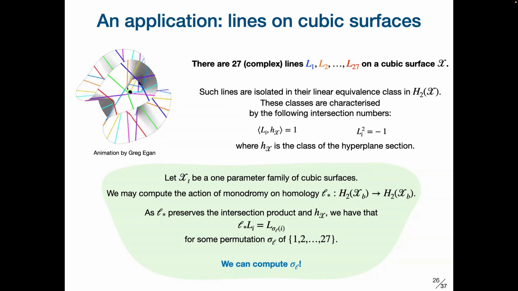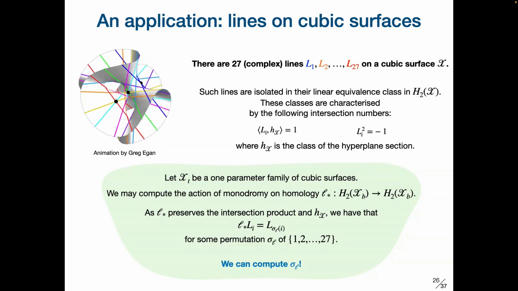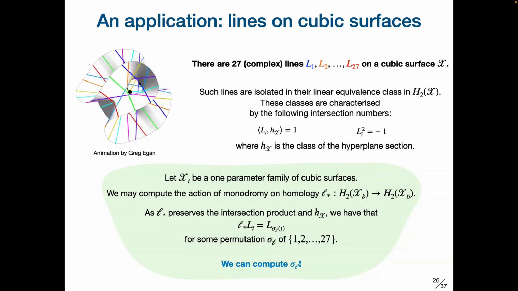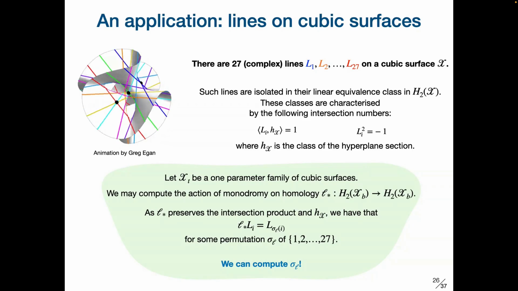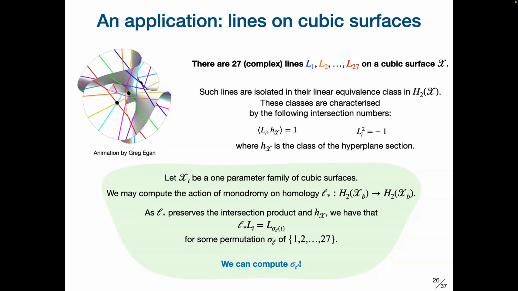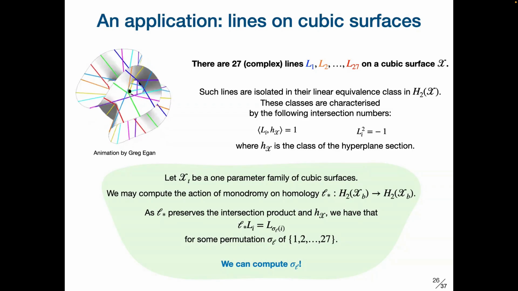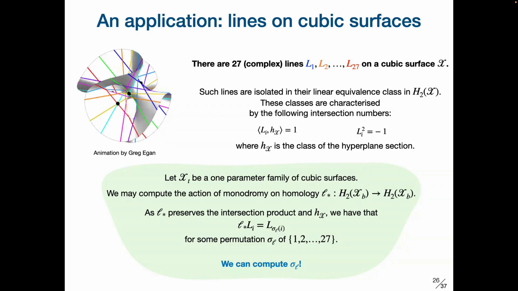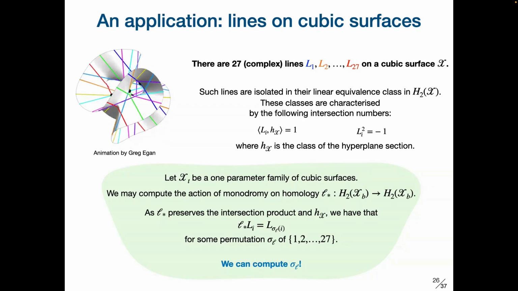And the idea is that now if you have a family of these cubic surfaces, these lines are going to deform continuously with the parameter of your family as well. And so you're going to, again, get an action of monodromy on these lines. And this is something you can compute explicitly if you know how to compute the action of monodromy on the space of 2 cycles of